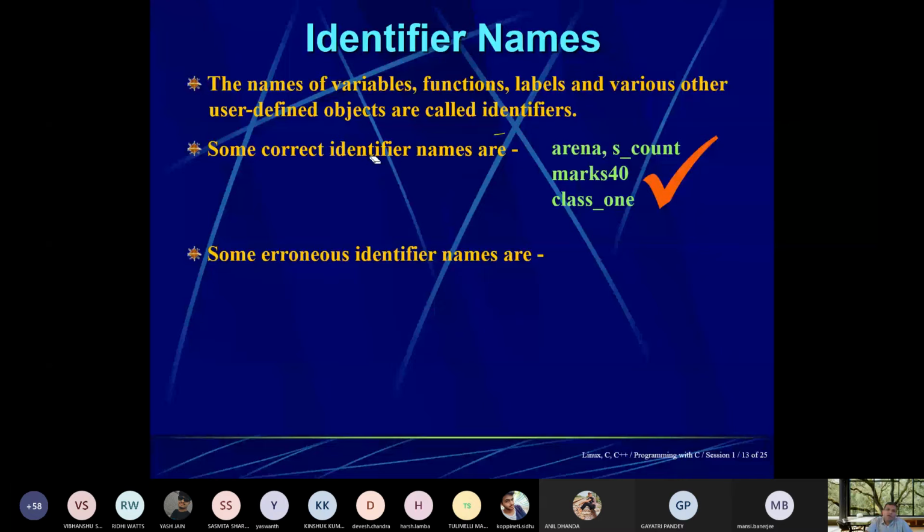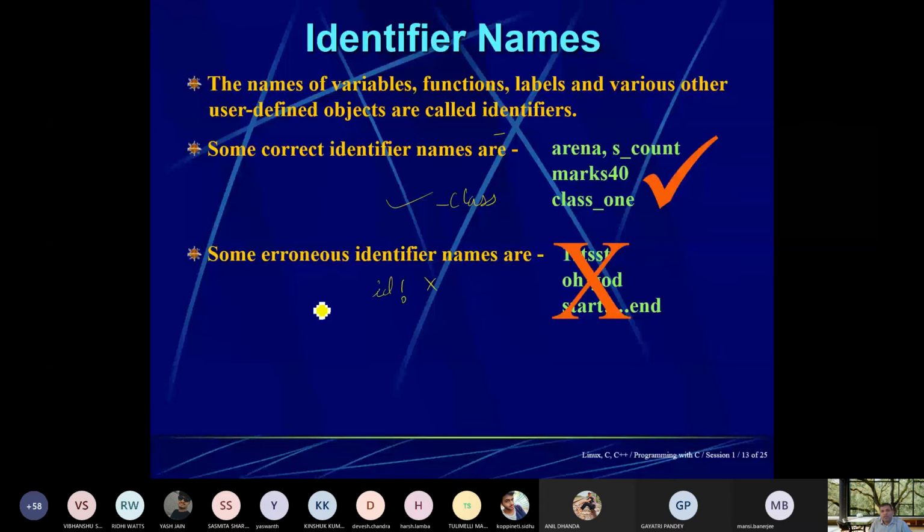These are the valid variables. Like 40 you can put afterward, and underscore you can put in the beginning of a name also. Here it is not shown, but underscore class is also a valid variable. But erroneous identifiers, like one, oh god, start and end, identifier and exclamation, this is wrong.